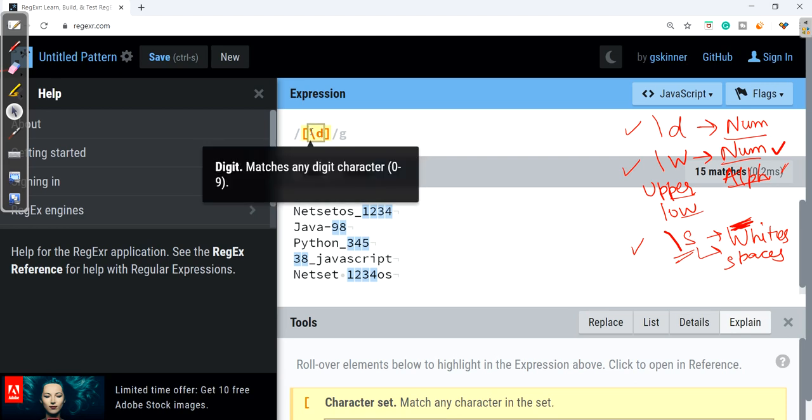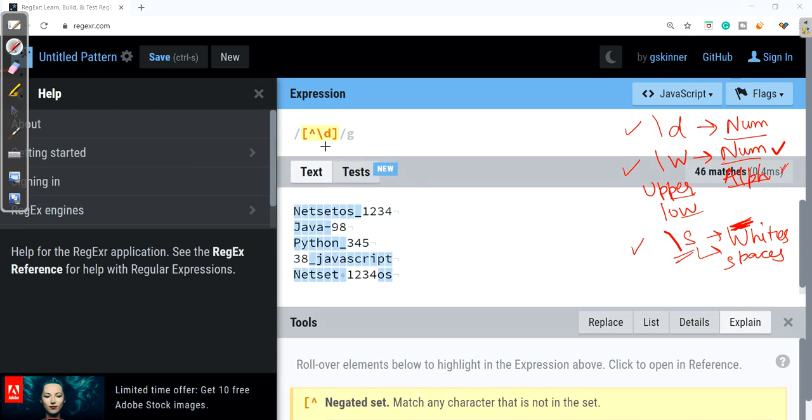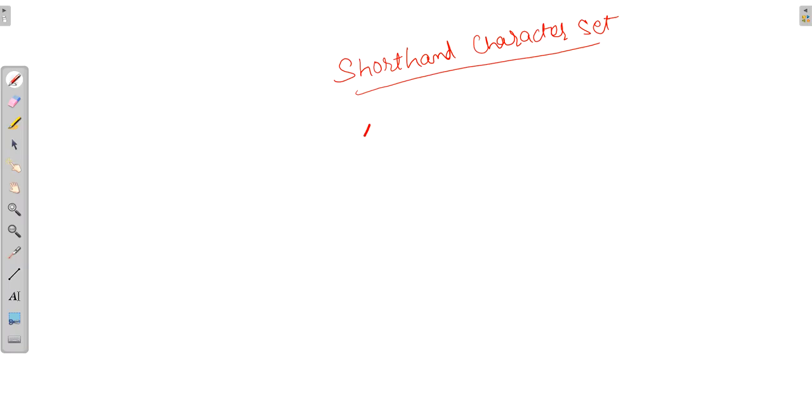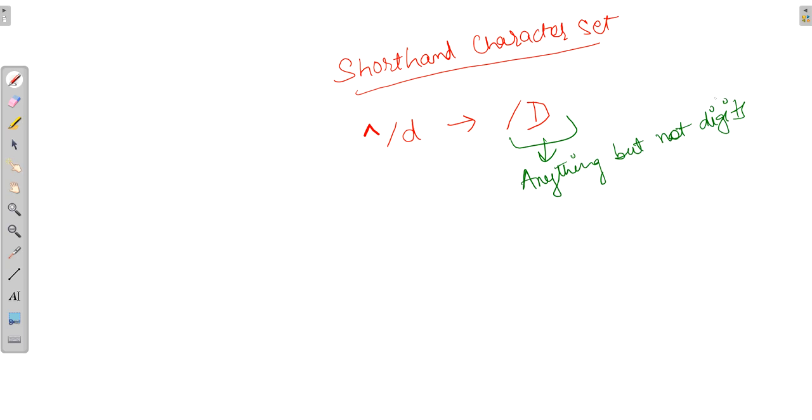Now if I write over here negate, it will trace all the values except numerical value. So instead of writing \d, we can write \D, which means anything but not digits. Same with \w.